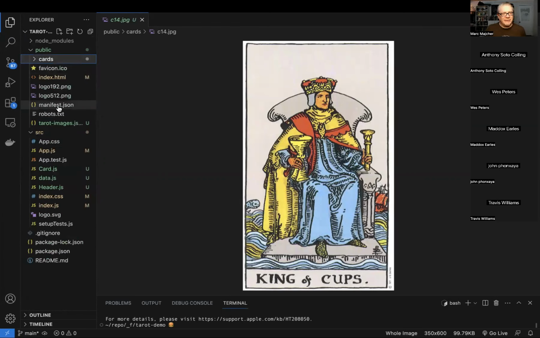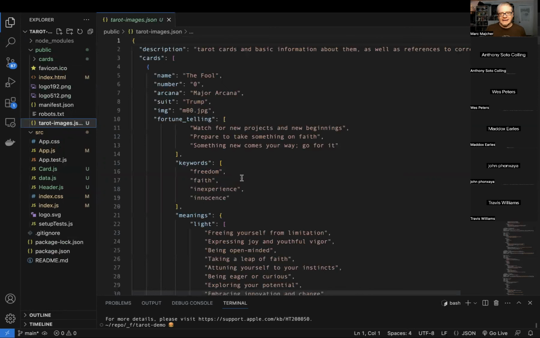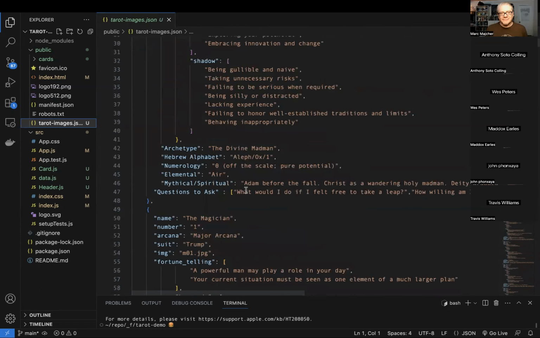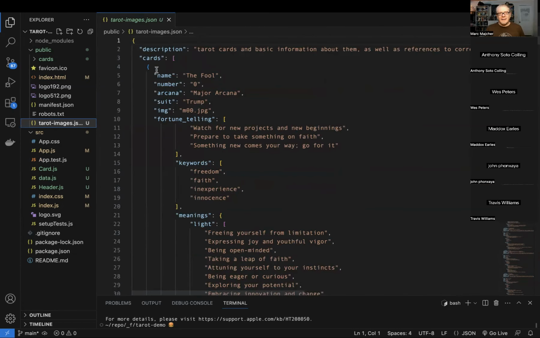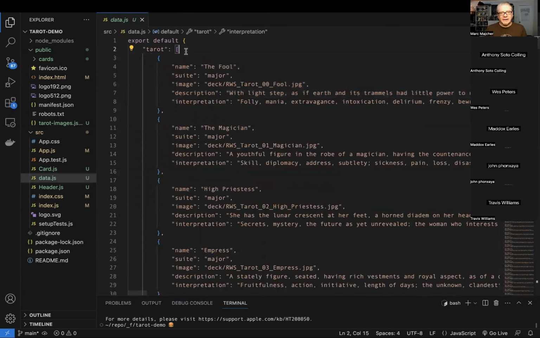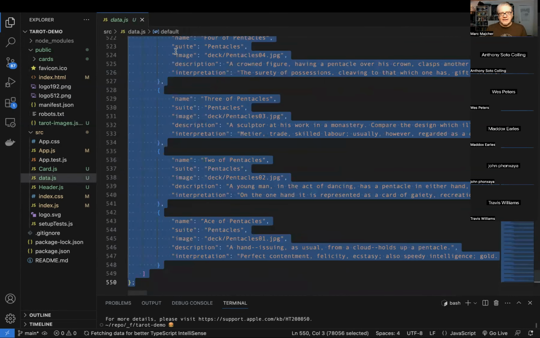And I grabbed a new data set. This one's a little bit thicker. It's got a bunch of stuff in it, but still has the basic bits that we need: a name, image, and description. So I'm going to use this data here. I'm actually going to replace the data that we were bringing in over here. And instead of having a key,